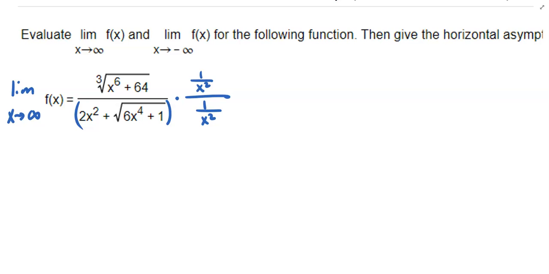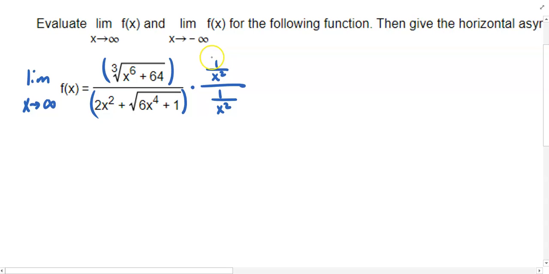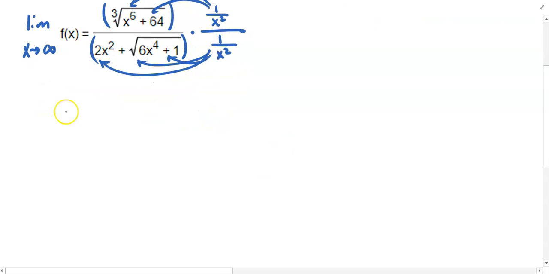So here again, we're not saying that this is algebraically appropriate, but in terms of describing the behavior of the function, also known as its limit, this is okay to do. So in the numerator, I'm going to take this 1 over x squared. I'm essentially going to distribute it into this radical here. And then in the denominator, I'm also going to distribute this 1 over x squared into every term. And in a sense, what we end up with is the limit as x approaches infinity of